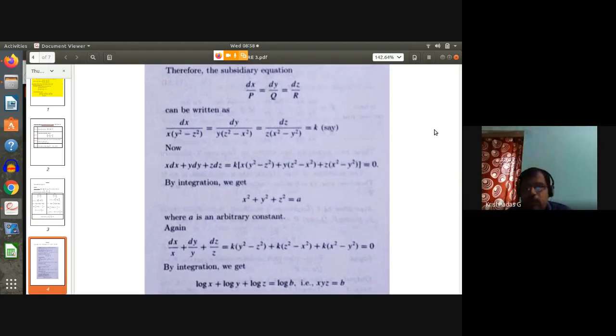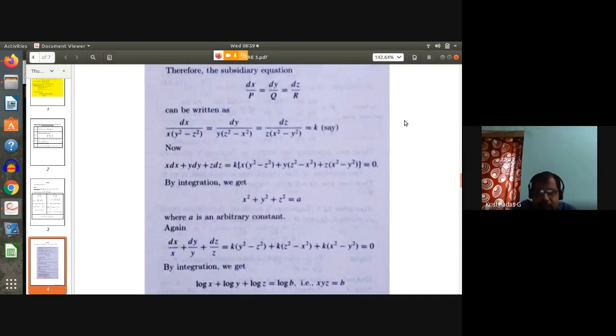Now, suitable grouping can be made in order to get a simple differential equation which can be easily solved. That is our objective. Now, in this case, we are applying a particular rule: if we have a ratio of proportion that A by B equal to C by D, each ratio equal to A plus C by B plus D. That is generally referred to as the componendo dividendo rule in ratio of proportions.